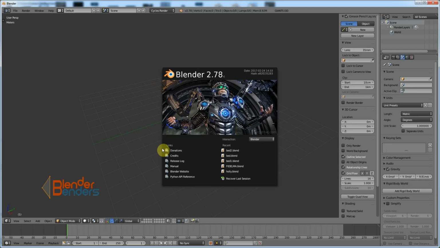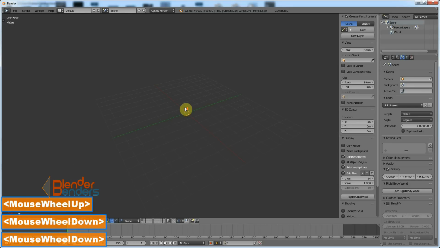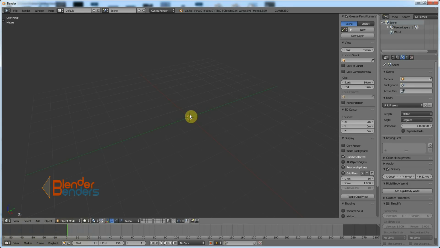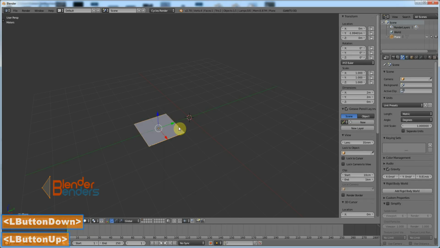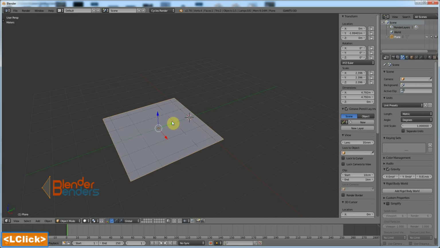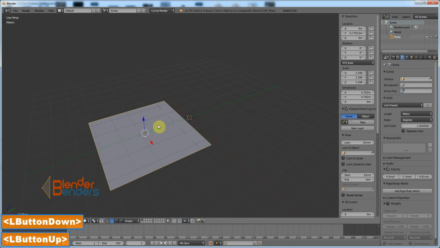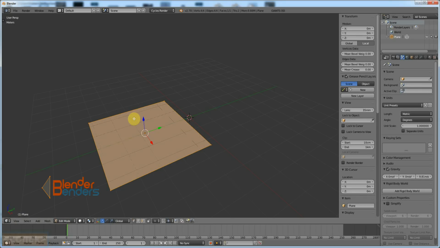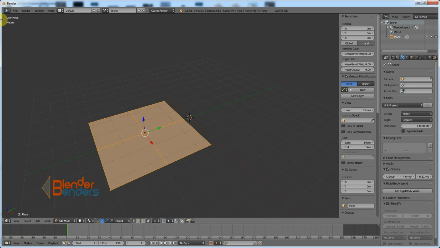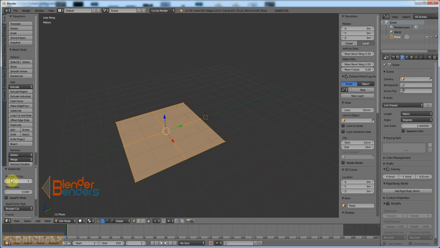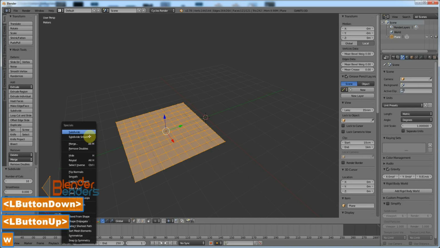And so we start with a new file. Right, okay. Now in this file, if I was to add a plane like our sheet is, and let's just scale this up a little bit. There, alright. Let's bring this across here. And we need to add more geometry, as we always do, because the cloth modifier acts on the edges and vertices, and there simply isn't enough in a plane. So we'll subdivide that. Let's open up my tool shelf, increase the number of cuts to 10, subdivide it again,